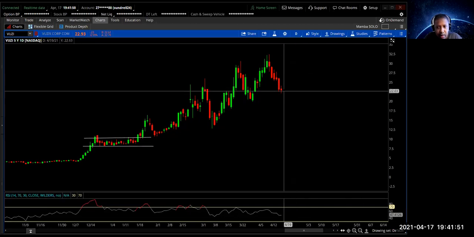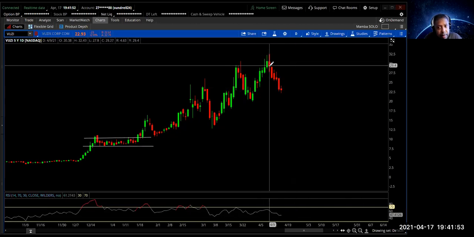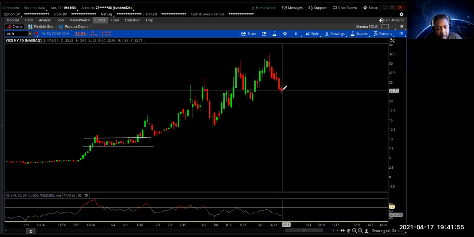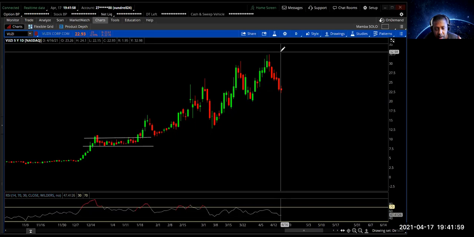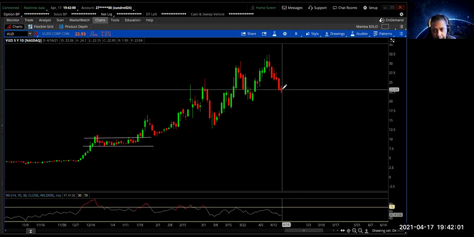Some people will immediately buy puts. Some people will say, hey, I'm going to look to buy this dip. When you see a doji, there's a pause in the action. We need to see what's going to happen. When I say that, people will say, well, you know what's going to happen. Well, you don't know what's going to happen. There could be news that's coming up. But for me to go short on this, I would utilize this doji